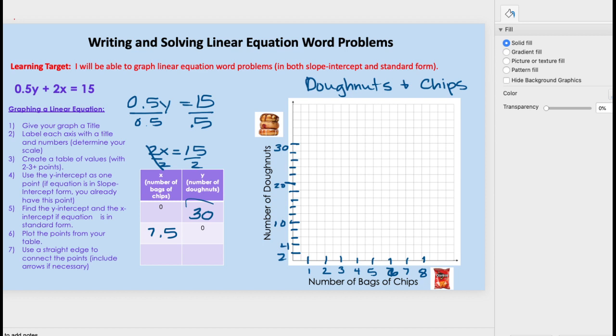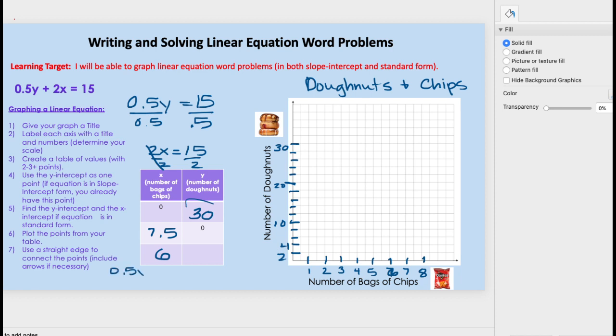So I always feel a little bit better when I'm graphing an equation if I have one other point. So I'm just going to pick a number and I'm going to plug it into my equation to find one other point here. So I'm just going to say, what if I buy 6 bags of chips? If I buy 6 bags of chips, that means I'm going to plug a 6 into my equation. 6 times 2 is 12. So then I get